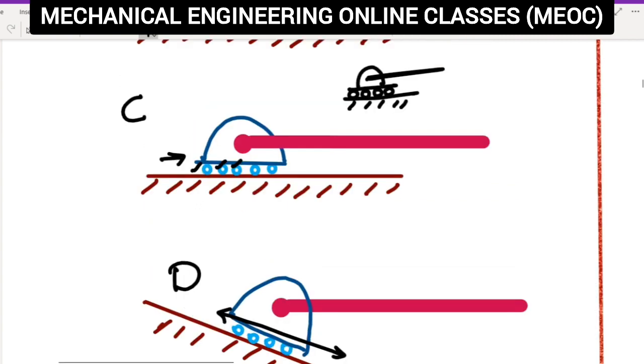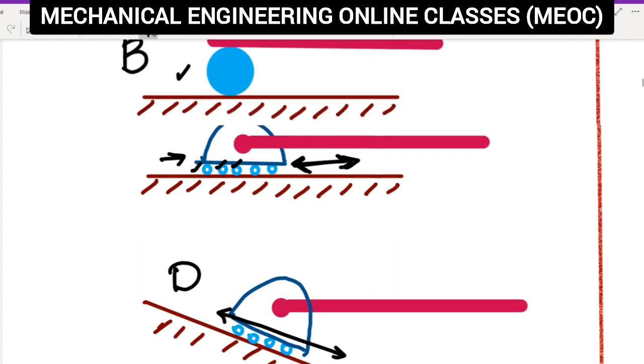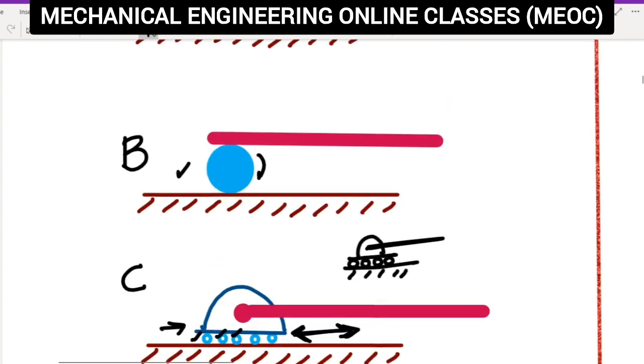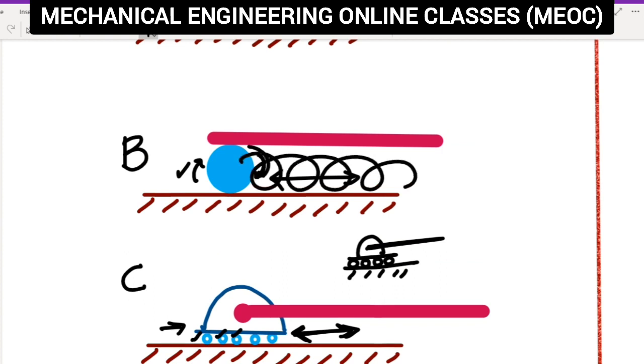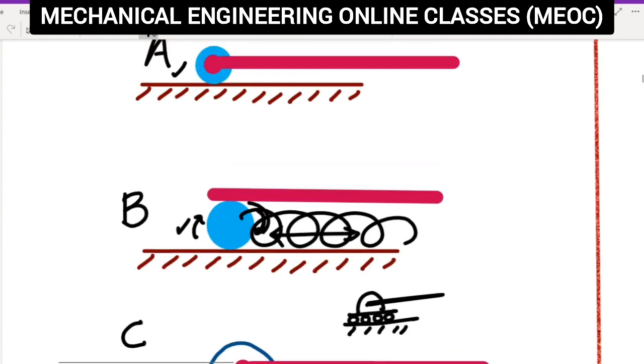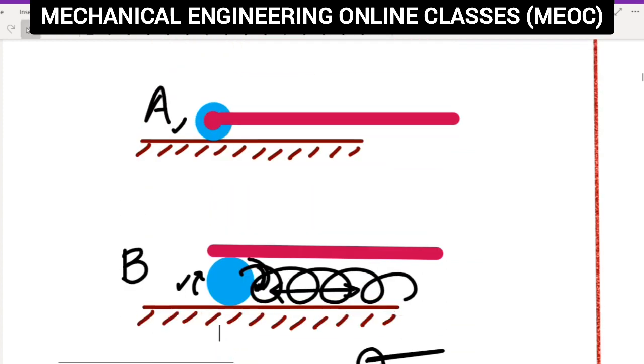Here the roller will move in the horizontal direction, rightward or leftward. Here also it can roll clockwise and anti-clockwise, and it is free to translate, because as it rolls it can continue its motion like this, or onto the left side also. So here the supports are rollers, and we already know that when there is no restriction of motion in a particular direction, there is no normal reaction, or no reaction from that particular direction.